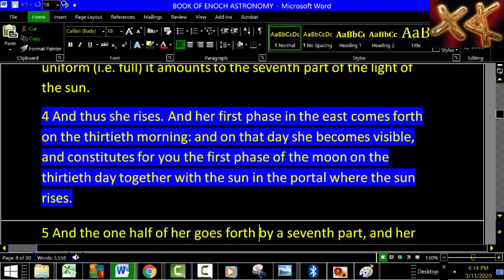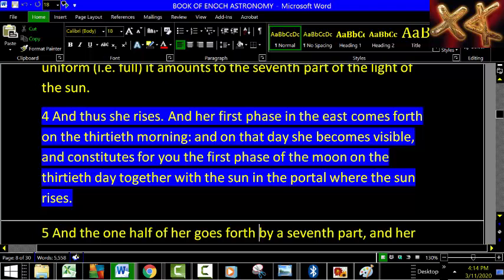And so right here in verse 4, he says, and thus she rises, and her first phase in the east comes forth on the 30th morning, and on that day she becomes visible and constitutes for you the first phase of the moon on the 30th day, together with the sun in the portal where the sun rises. Now,